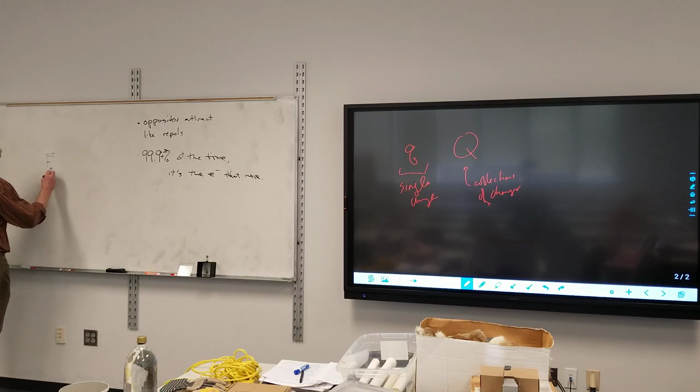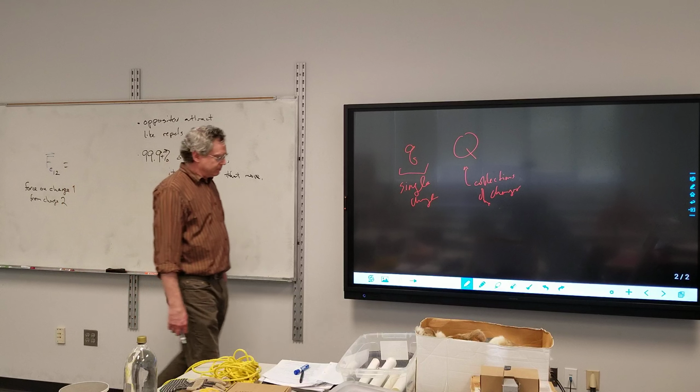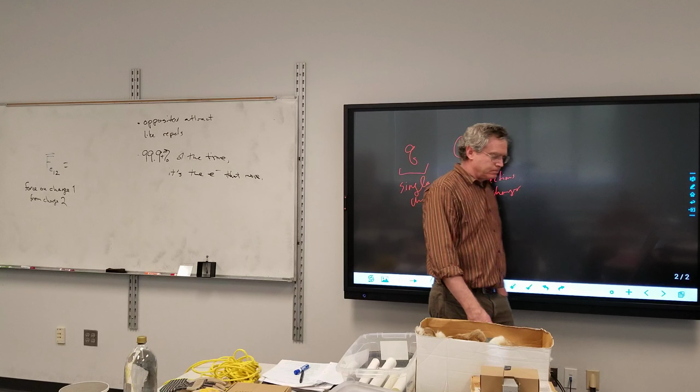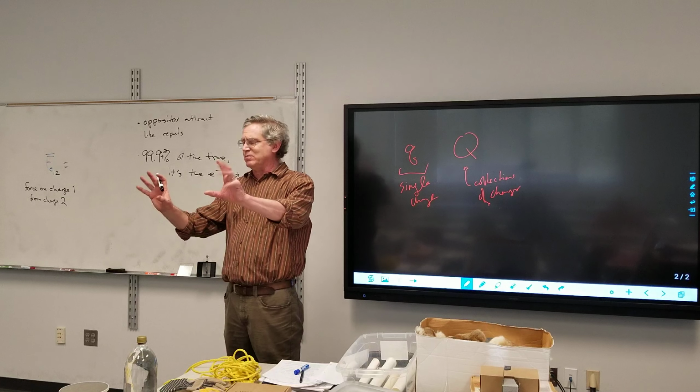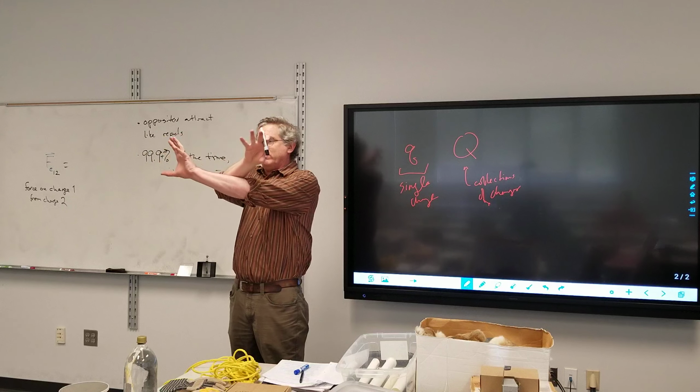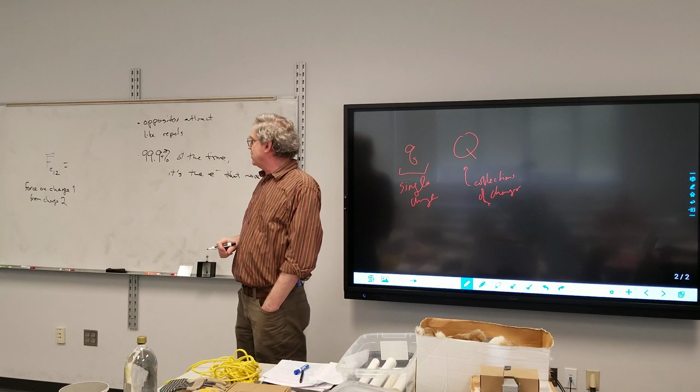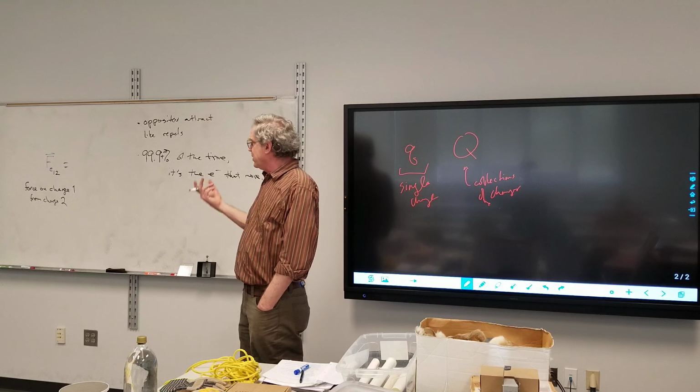This will be the force on one from charge 2, so this is the force on charge 1 from charge 2. Now I know from Newton's third law, I should be able to switch objects and the magnitude of the force stays the same. So if I have two charges, if I flip positions, the magnitude of the force stays the same. So there must be some commutative property